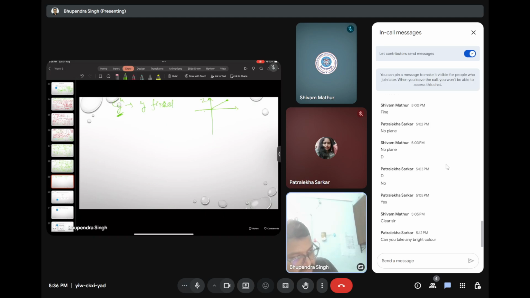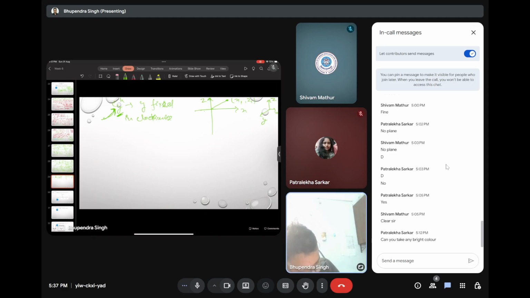This is z, this is x. So this point will be x1, z1. The Cartesian coordinates will be x, z and y. So by operating this rotation in the clockwise direction,